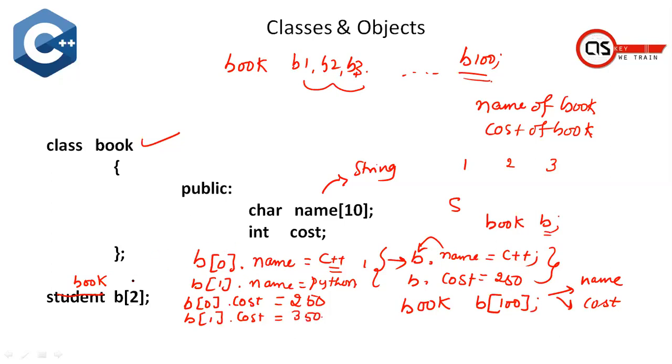So this is what we call an array of objects. An element of an array can be of type class. You can declare it as an object. An array can be declared of a type called an object, of the type called a class. So you have a type called a class, and you have declared your array of type class. So this is what we call an array of objects. So let me take a simple example. Let me execute that particular program and see how you can implement your array of objects.